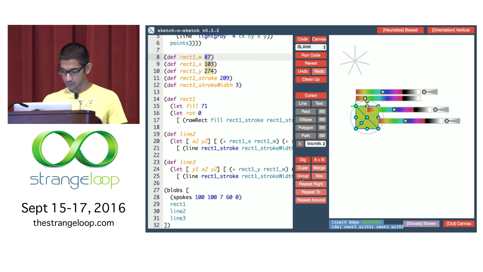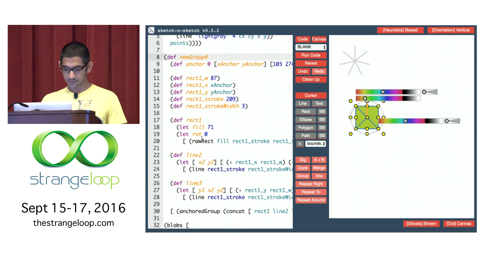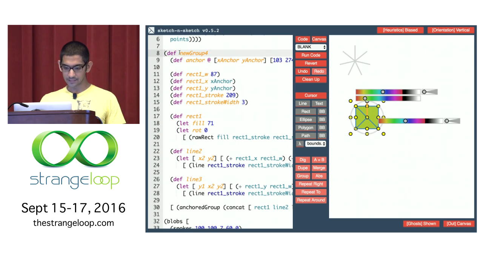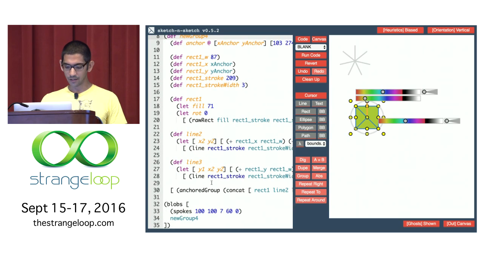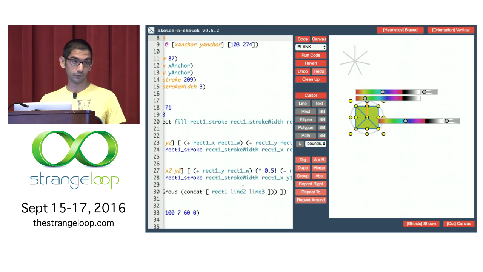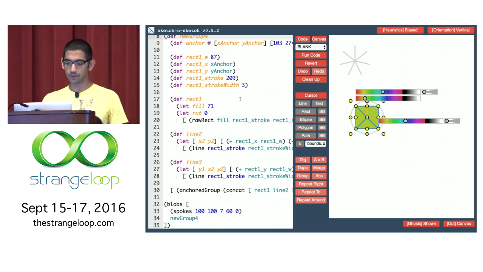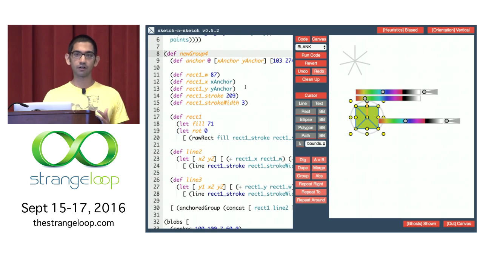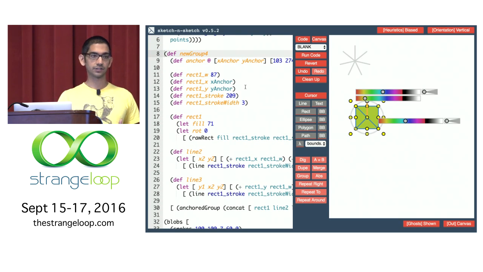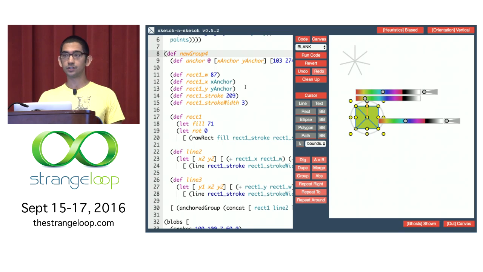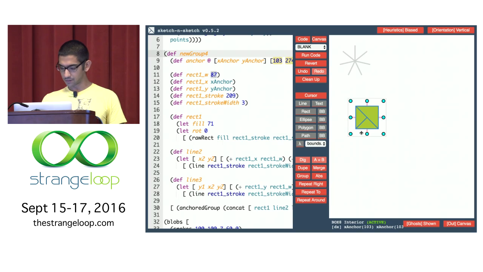Okay, so notice how when we press group, Sketch-n-Sketch has collected all of those definitions inside a new group definition, and so now this one definition draws all 3 of the shapes that we had before. But the design parameters are still hard-coded constants inside this definition. So to turn this into a function that's parameterized over the design parameters, we can select our logo and hit